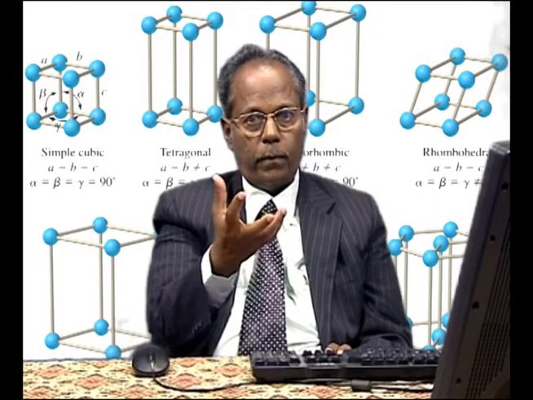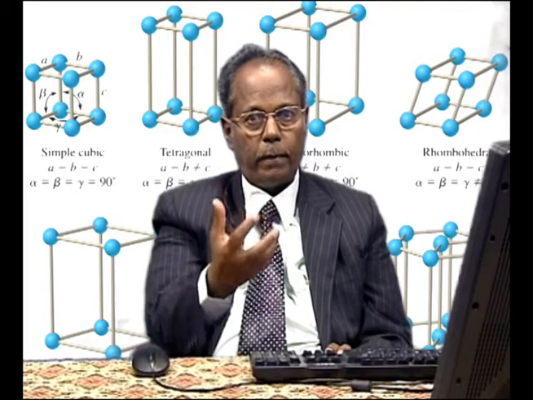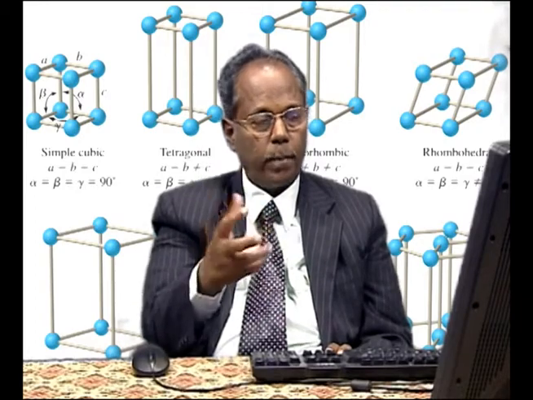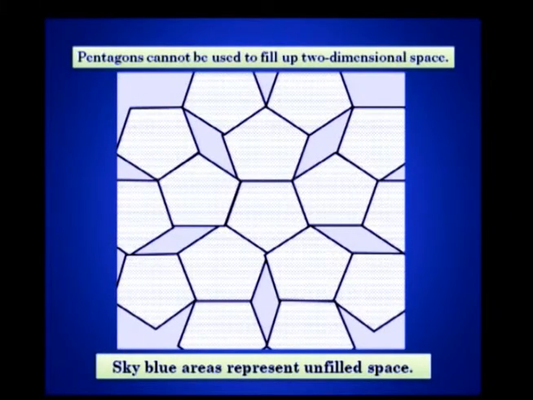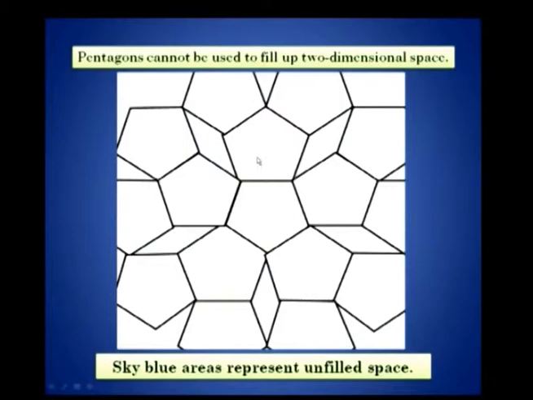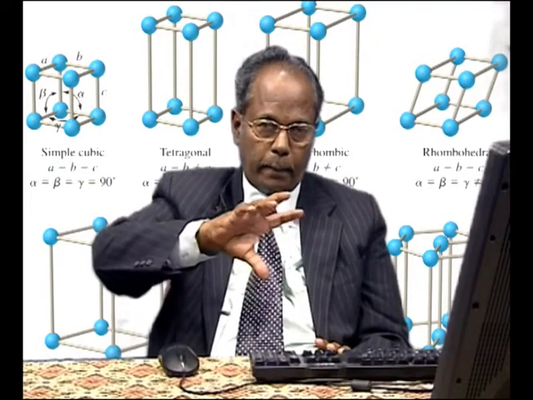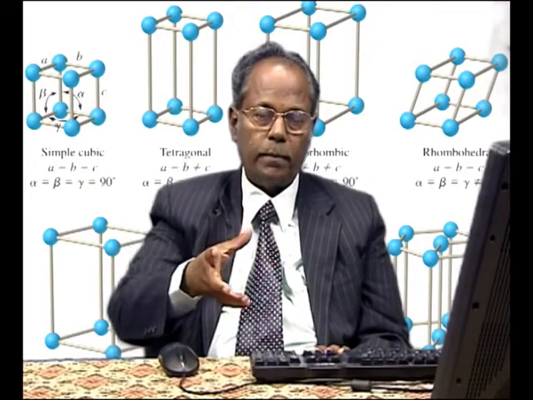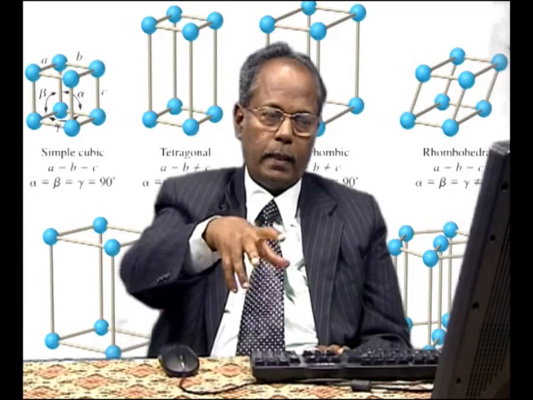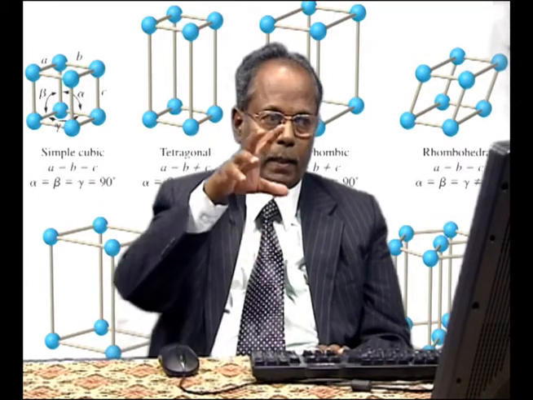How much is the angle? 360 by 5 will be 72 degrees. If I rotate this pentagon about this axis, you will be getting the pentagon back. The individual pentagon will go back to the same configuration. The pentagon can be rotated through 72 degrees and I will be getting the pentagon back, but it is impossible